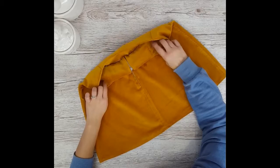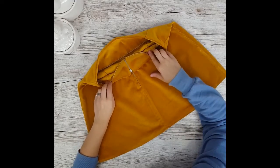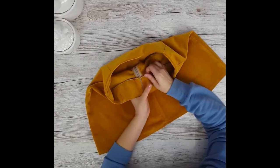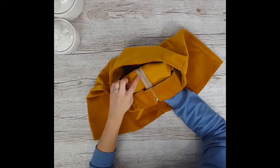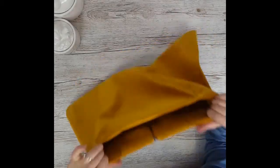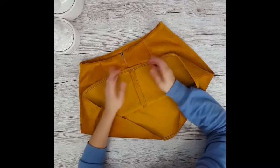You can see here that the darts are visible as well, and please make sure that your darts are matching as closely as they can, because this is how a nice garment looks, and of course this is where the measurement of the waistband is going to come in handy. It has to be the same. I finished the garment by overlocking the edge of the waistband as well as the edge of the skirt, and just overlapped it